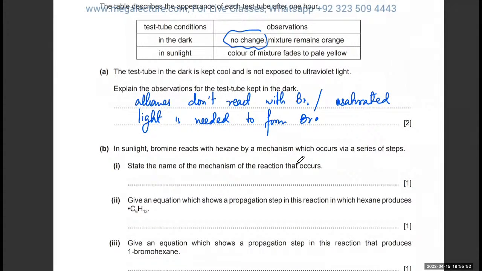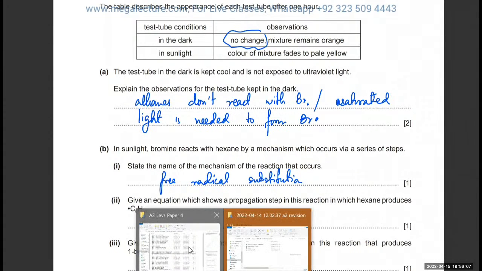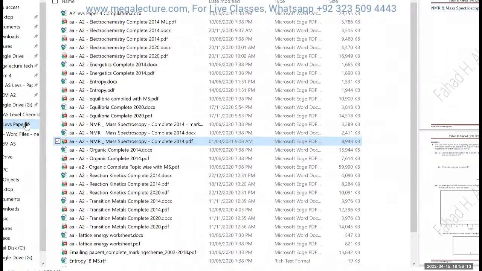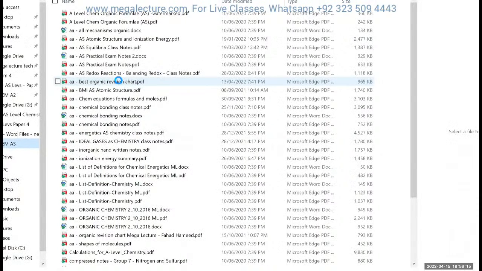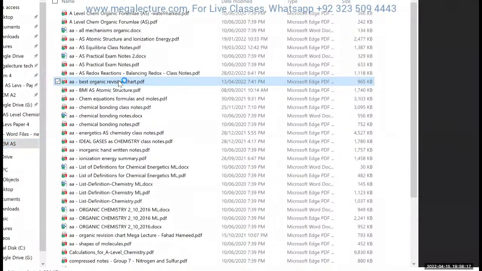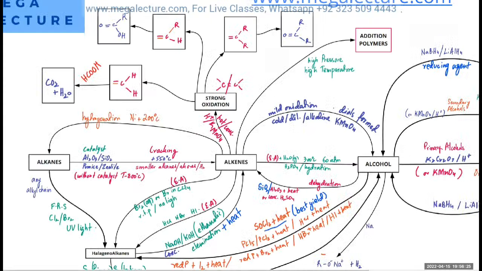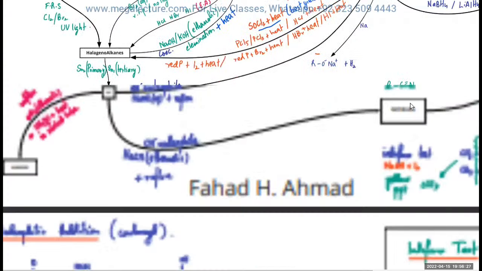State the name of the mechanism of the reaction that occurs. So alkanes undergo free radical substitution. So what is free radical substitution? It's this one. Let me just open this. So your free radical substitution happens